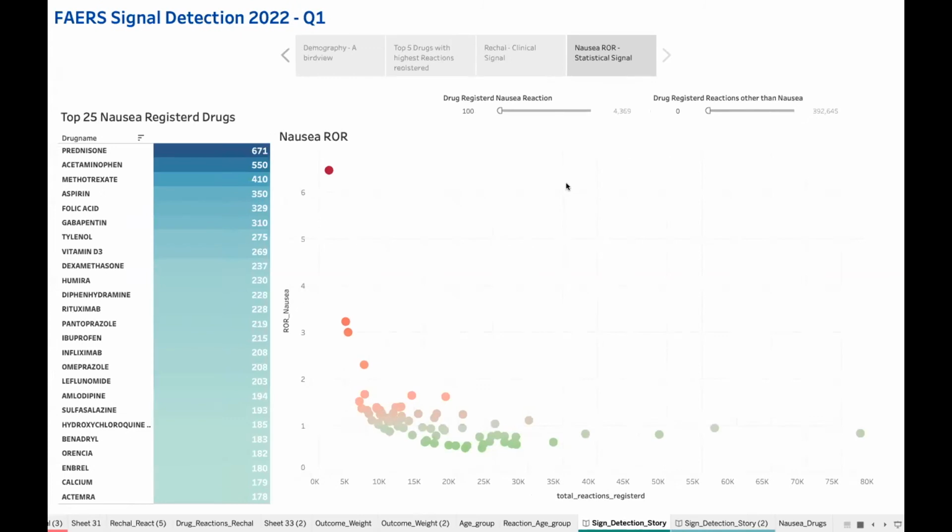So what is the purpose of all these statistics? Just imagine we are receiving more than 500,000 cases for one quarter. If they want to look at 5 or 6 years of data, it will be huge. Going through each and every case scenario and looking for signal detection is almost next to impossible for medical experts, and it's a very time consuming process. Our system at Cloudbyz provides the luxury for medical experts, saving their valuable time, to filter out drugs based on statistical insights and catch a handful of drugs.